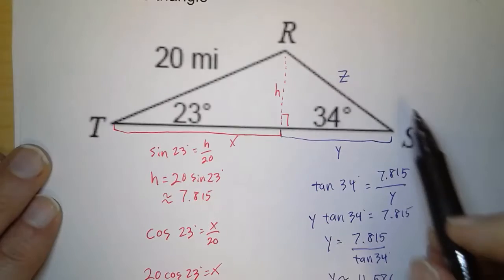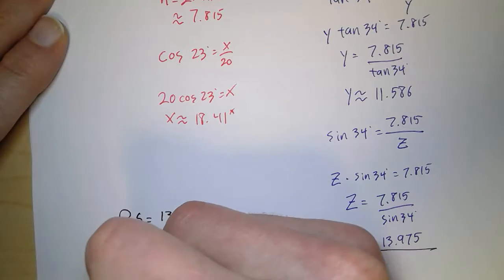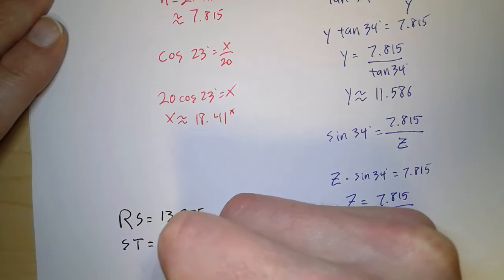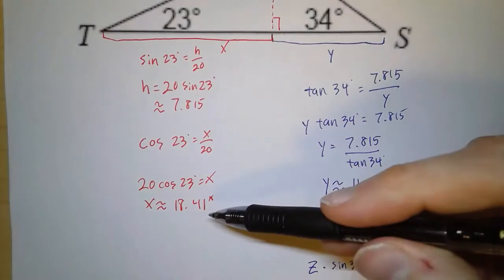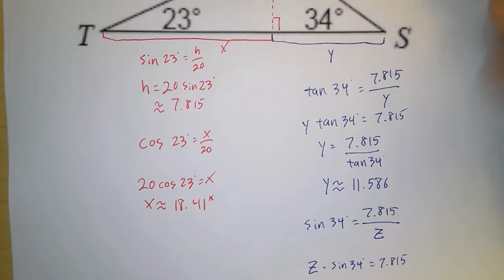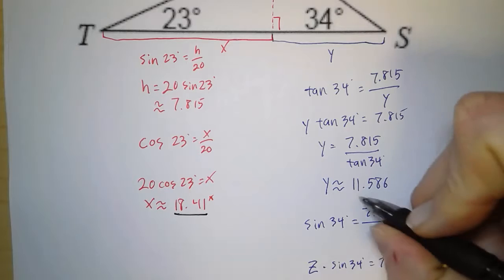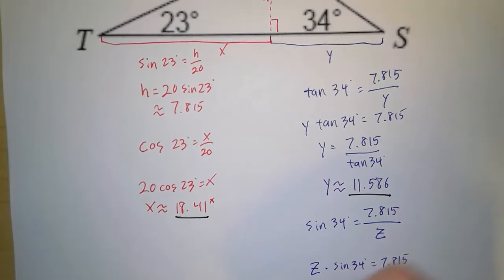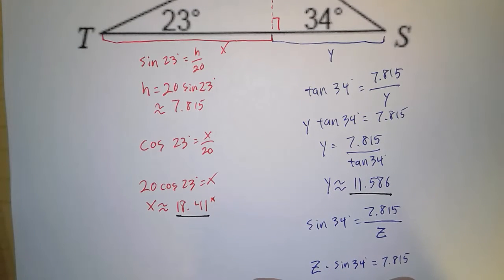And then we need to know ST. So ST is just X and Y added together. So if I take X, which is 18.41, and add Y, which is 11.586, we get our values for ST, which is